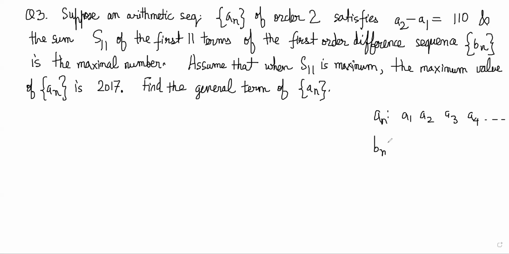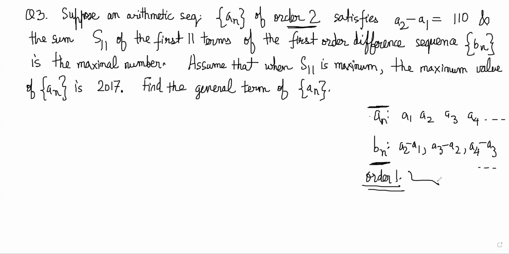The difference sequence is Bn, which is A2 minus A1, A3 minus A2, A4 minus A3, and so on. If An is an arithmetic sequence of order 2, then Bn is an arithmetic sequence of order 1, right? Basically an arithmetic sequence of order 1 is a standard arithmetic sequence or an AP. So Bn is an AP,